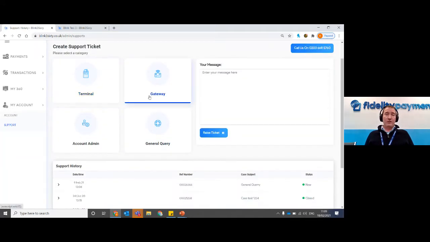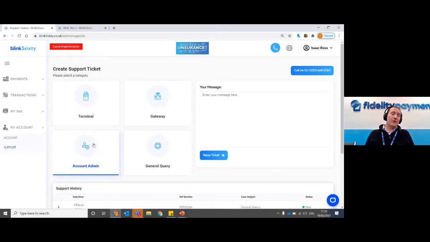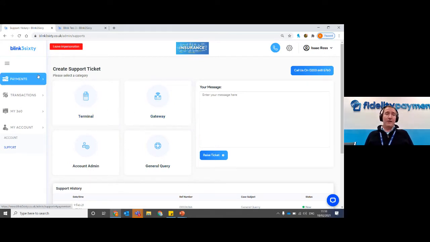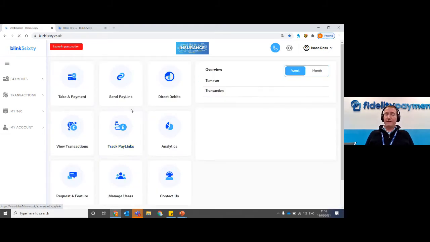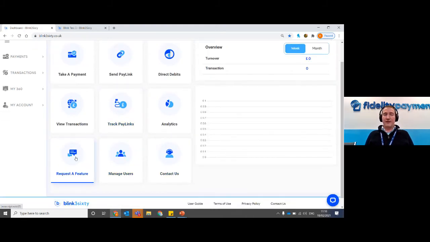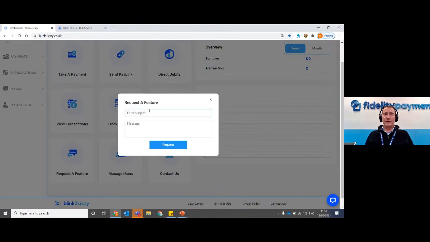And for any query, not even if it's to do with the customizer, something to do with your account administration, any specific general query that you had, specific gateway queries, or if you have physical card terminals, you can raise it there as well. And also, if there's any feature that you feel is missing, you have that request a feature function here. You can always just pop in the message there and then send it back to our Blink team, and then we'll look into that and potentially add that feature onto our